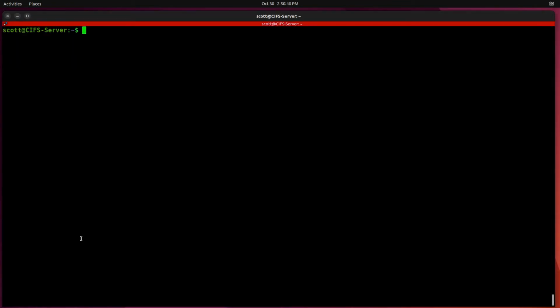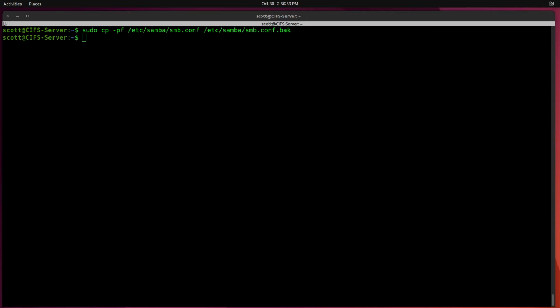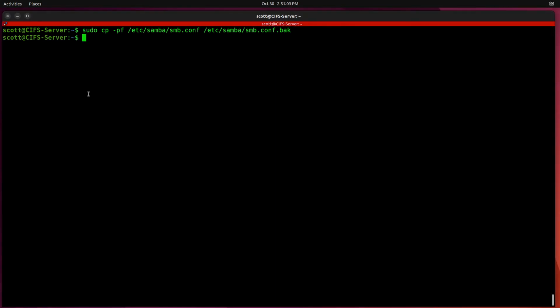Before we configure Samba, we want to make a backup of the configuration file, and the configuration file is /etc/samba/smb.conf, and we're going to put that into a backup file. Now that we have a backup file of the smb.conf file, we're going to go ahead and edit it with the nano editor with a sudo nano